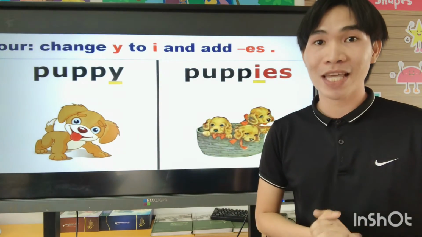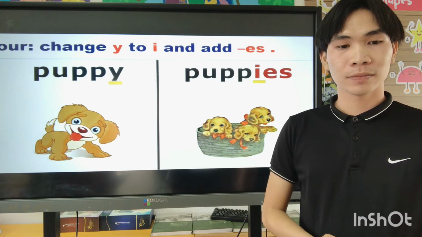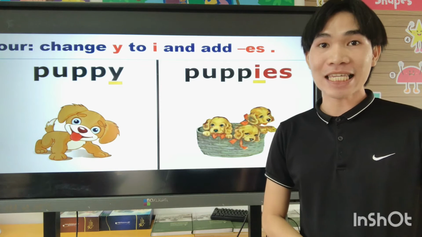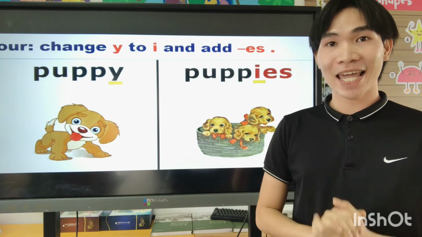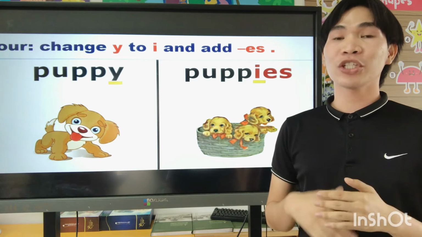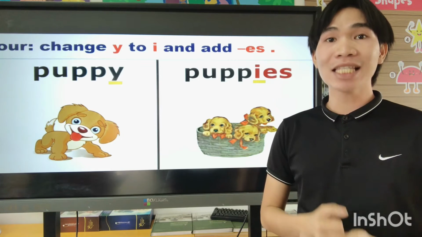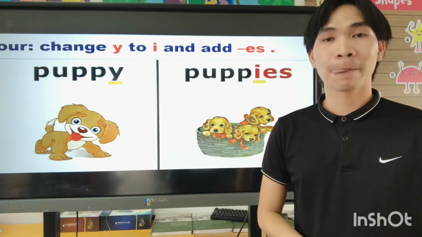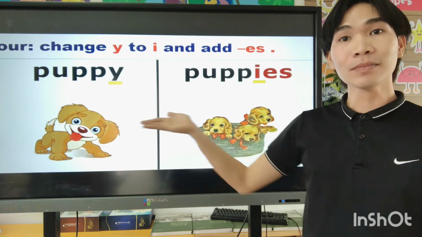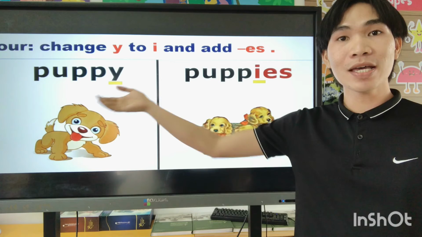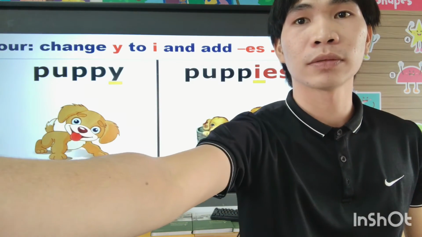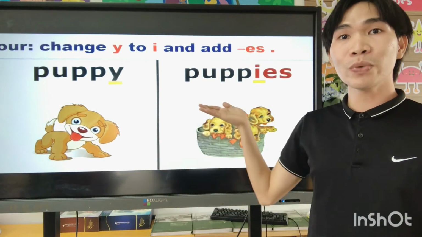Now let's proceed to the last rule in pluralization of noun, which is change Y to I and add ES. Okay. Again, the fourth rule and the last rule is we will change Y to I and add ES. For example, here, puppy, puppies. Puppy, singular. Plural, plural,